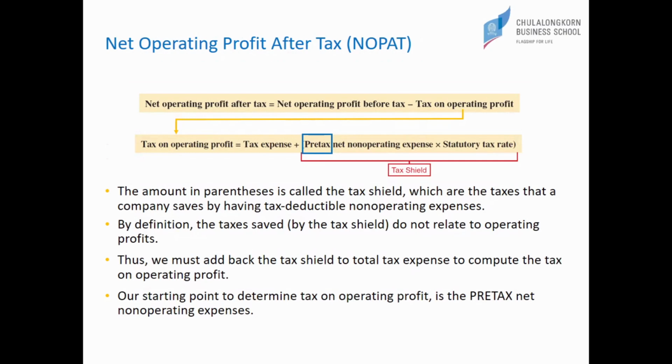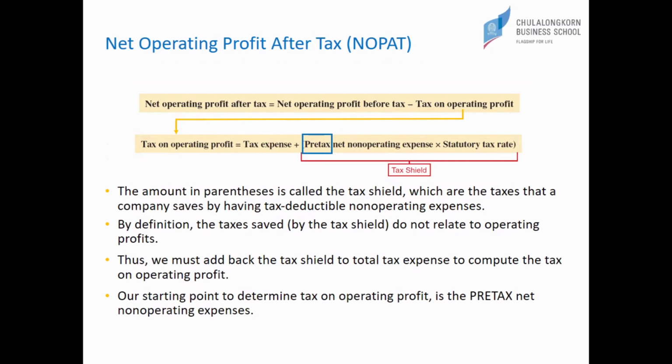Okay? So this tax shield, as you know, is the amount that the company saves by having tax-deductible non-operating expenses, like interest payments, right? Interests are tax-deductible, so it reduces the amount of tax that needs to be paid. But here, for the tax on operating profit, you have to add back this amount. So, by definition, this amount of tax that's saved from this tax shield is not an operating profit. That's why we have to add it back to